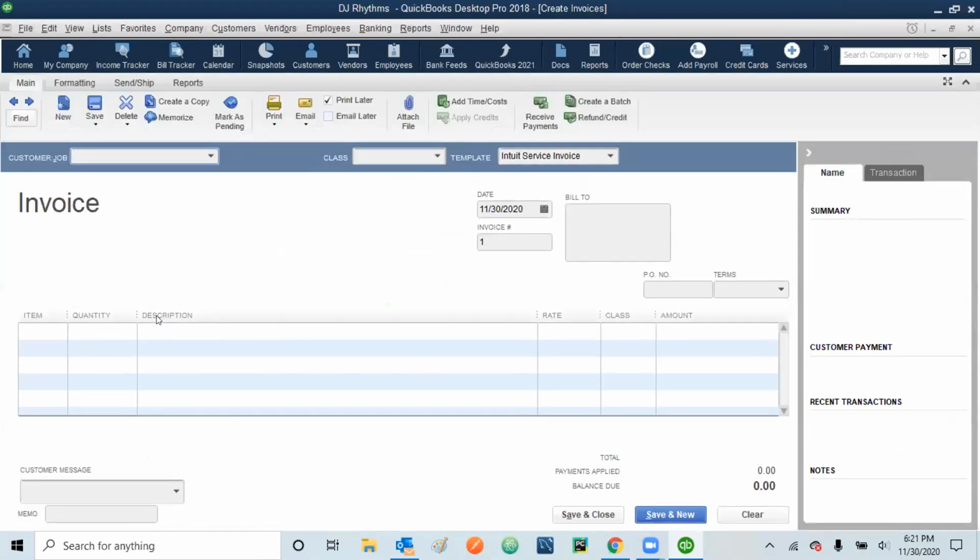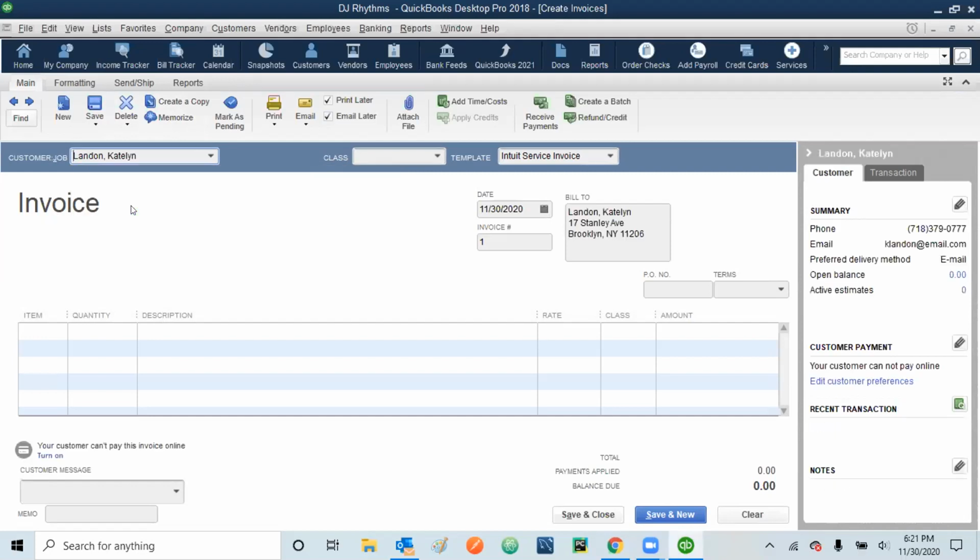In this one, the customer job is Caitlin Landon. So the name of the customer is Caitlin Landon. And in this one, the class is private. And then what we are doing here is unchecking it. Why are we unchecking it?